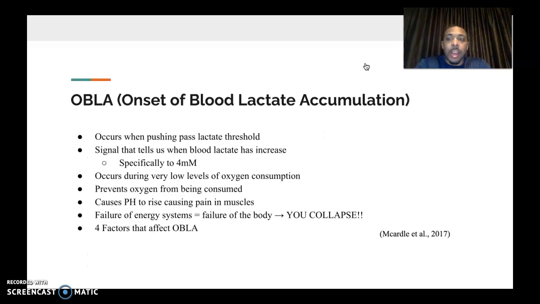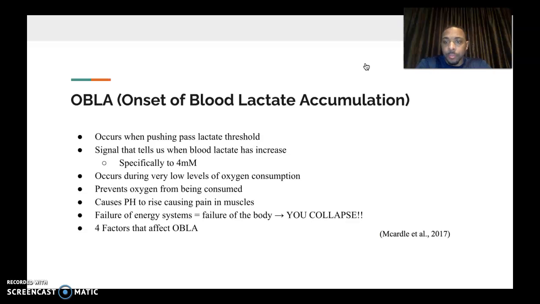In addition to that is OBLA. OBLA is onset of blood lactate accumulation. This occurs when you're pushing past your lactate threshold. As I stated, we'll go into that a little bit later. And this signals that your blood lactate has increased, specifically to 4 millimoles, according to Mark et